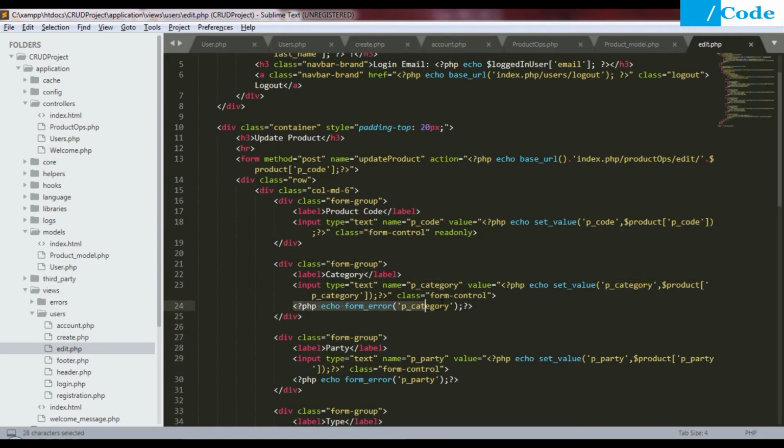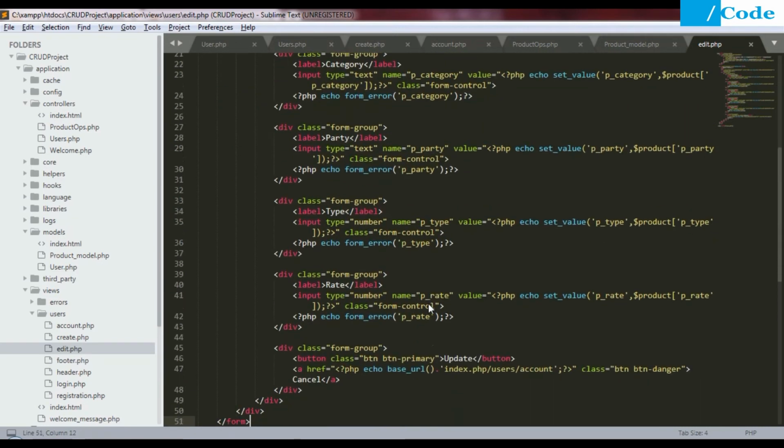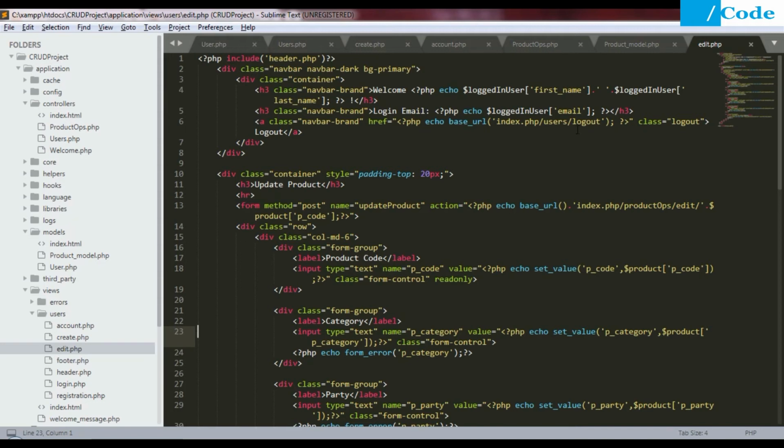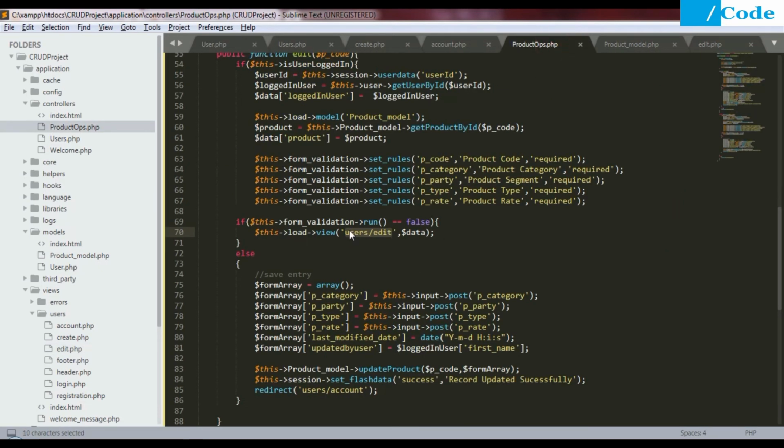If any error is coming from CodeIgniter, we are going to print that here. On cancel we are going to route to the user/account page. As the user clicks on the submit button, it will call the submit function product ops edit with the same product code, and that edit will check the validation. If it is true, then it will call this database function.